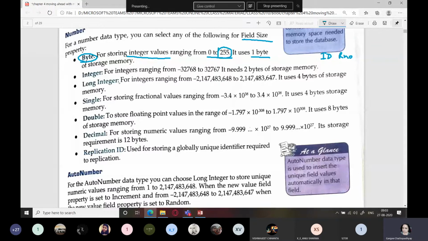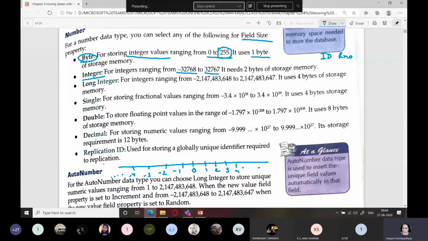Next is integer. Integers can accept values from -32768 to 32767. Let me explain. This is your number line. Here you have 0, here you have all the positive values, and here you have all the negative values.